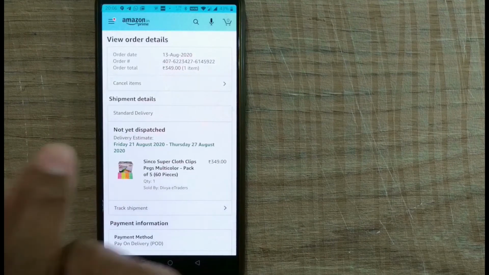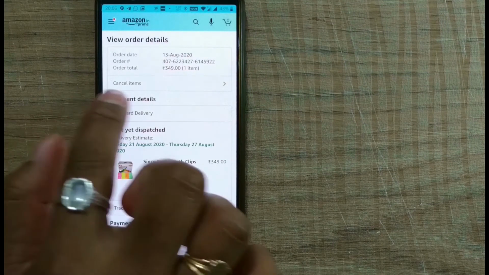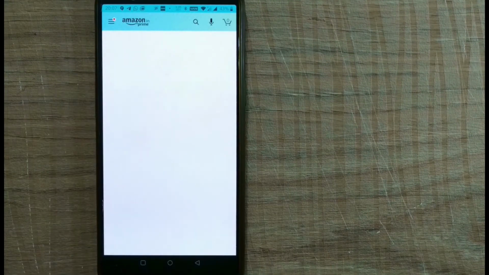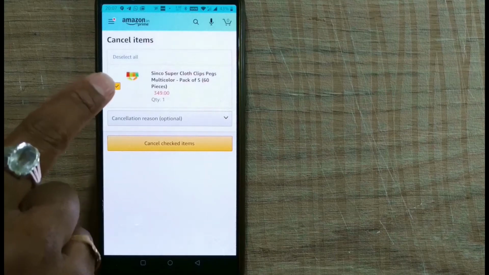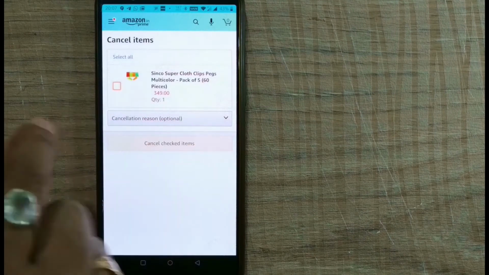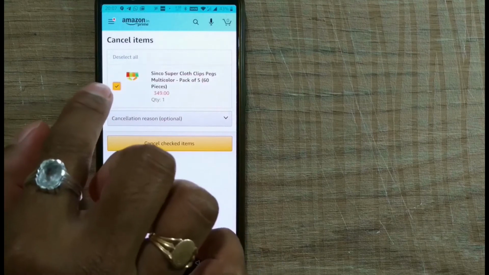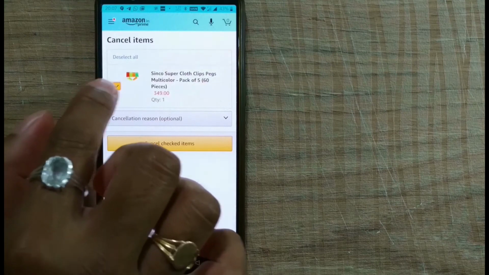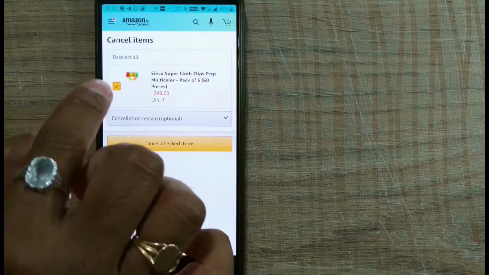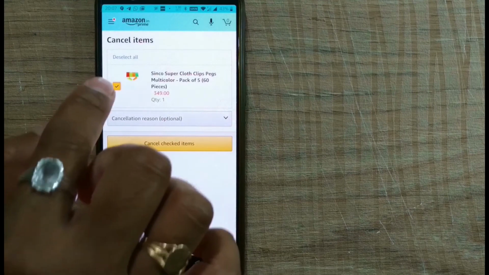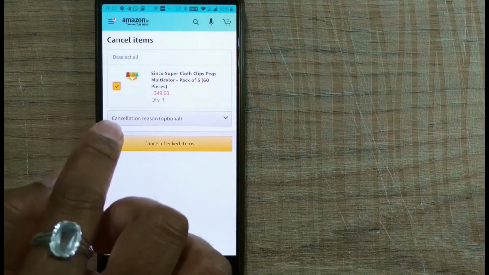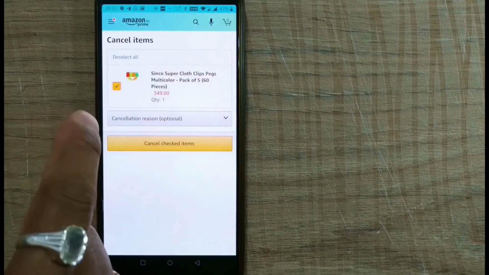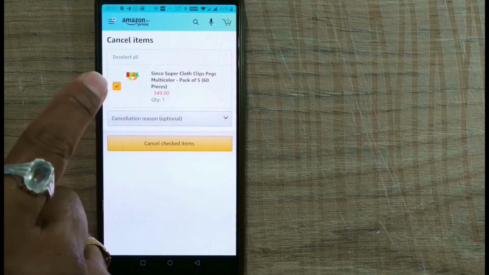So here you can see our main thing to cancel the order, that is cancel items. This tab or this bar you have to press to cancel items. It is already checked for cancellation. This product is already ticked, since it is only one product or quantity is one, so only one tick mark is coming. So make sure that you are checking the right items that you want to cancel. Don't cancel any other item which you don't actually want to cancel. Sometimes by error it may happen, so please be careful. Check mark the right item that you want to cancel.